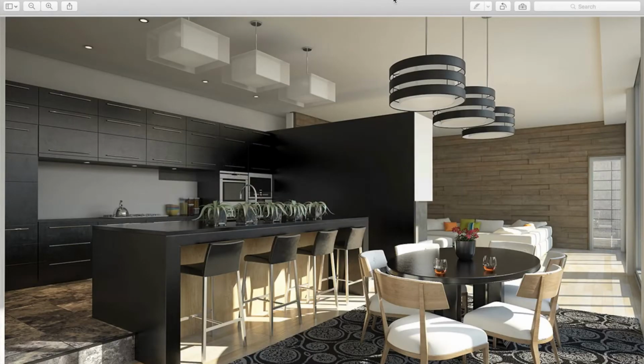So what do we mean by rendering? I'll open a picture here, and when we talk about photorealistic rendering, this picture I have here looks like a photo, but I know that it's actually a rendering of a 3D model. So what is rendering? Well, we have a picture here that's a certain number of pixels wide by a certain